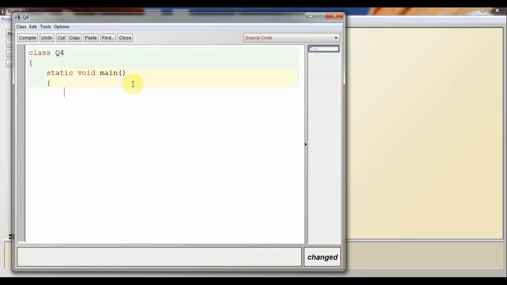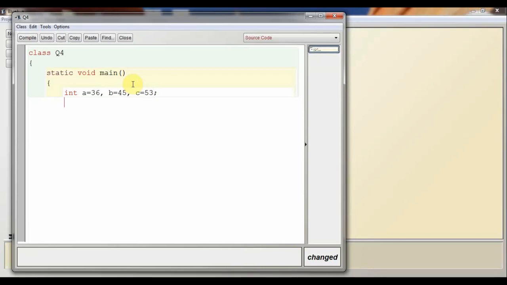And your question is write a program to average of 36, 45 and 53 using variable of adequate data type. It means here we define three variables, int a, b and c, and will assign the values 36, 45 and 53 in a, b, c. So here I am writing a equal to 36, b equal to 45, c equal to 53.